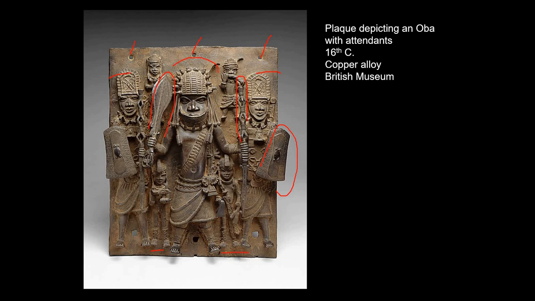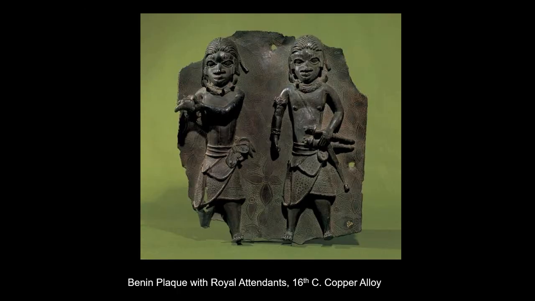And one of the interesting characteristics is these boys. Everywhere the Oba goes, there are young boys, and the boys carry a variety of artifacts. They will carry his stool, which is kind of an emblem of his power. We'll talk more about stools in a bit. They'll carry other artifacts, and we're not entirely certain what the role of these boys are, but they appear to be attendants to the Oba that carry the sacred artifacts of the Oba around. So we see representations of young warriors. We also see these royal attendants.